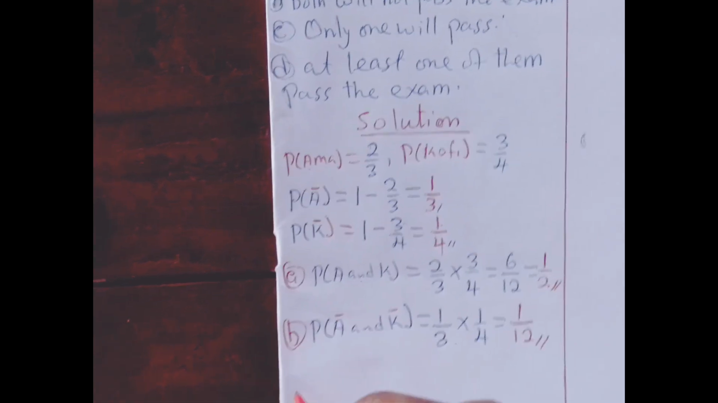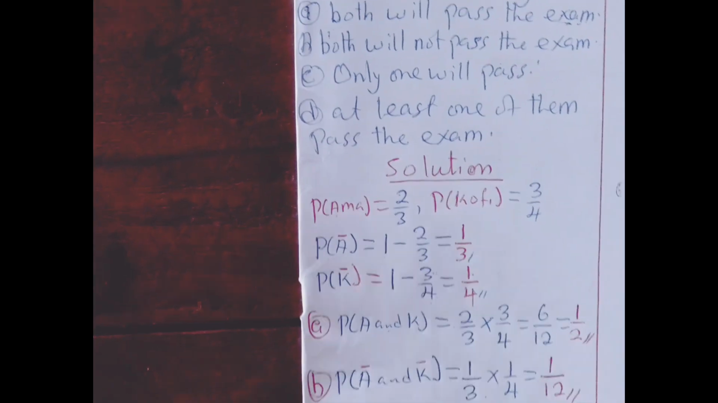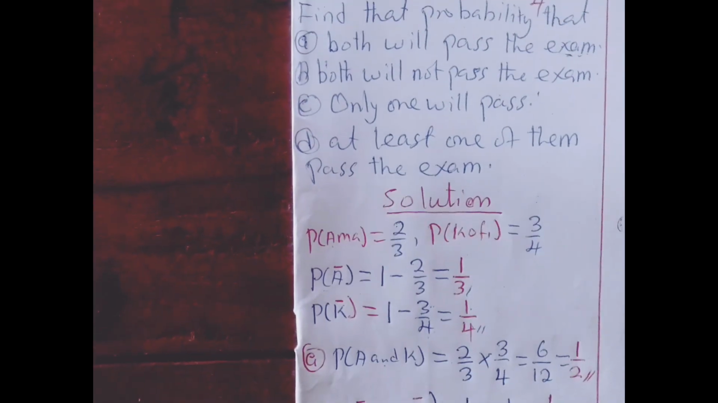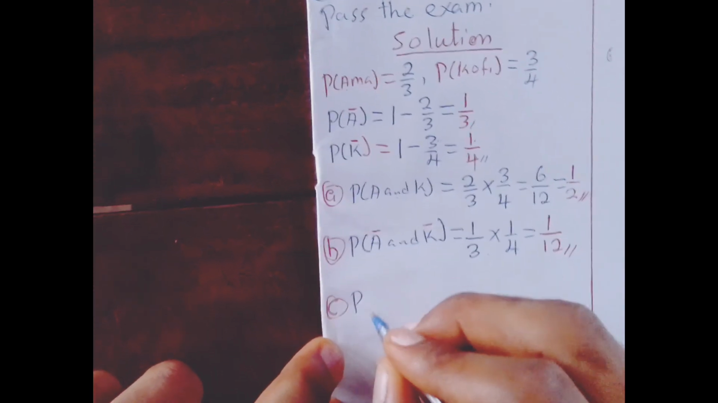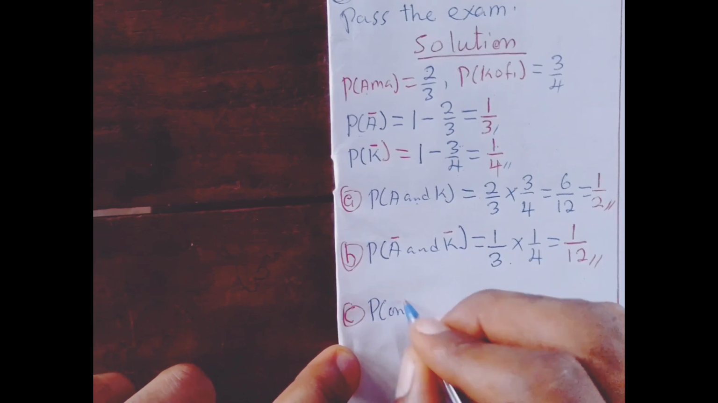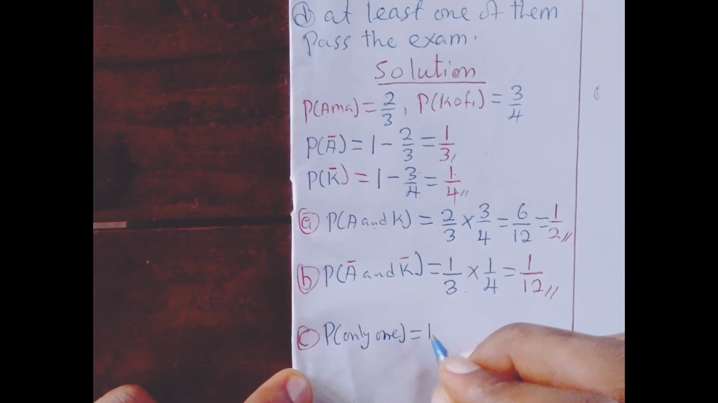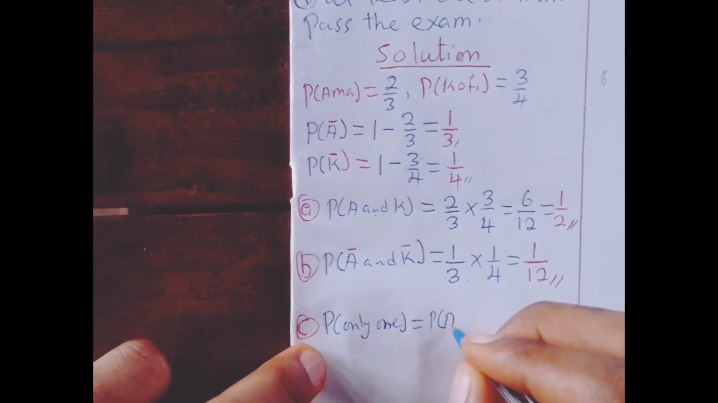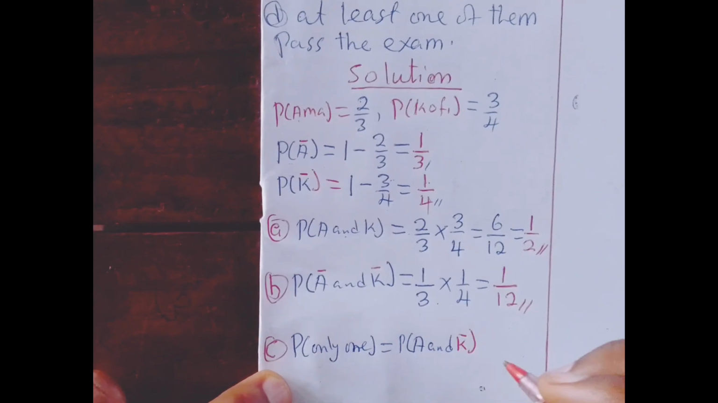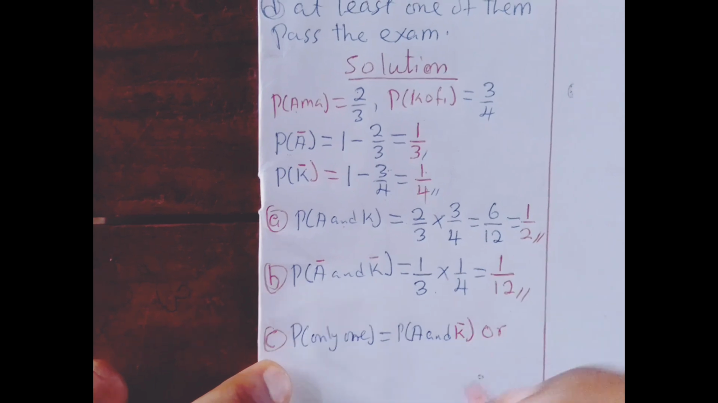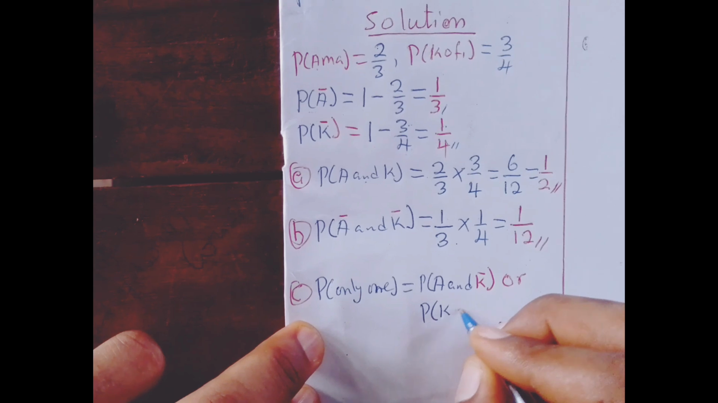Now let's go to C. C says that we should find the probability that only one will pass. Only one means that if Amma should pass, Kofi will not pass, or if Kofi should pass, then Amma will not pass. So the probability of only one is equal to the probability of Amma passing and Kofi not passing, or the probability of Kofi passing and